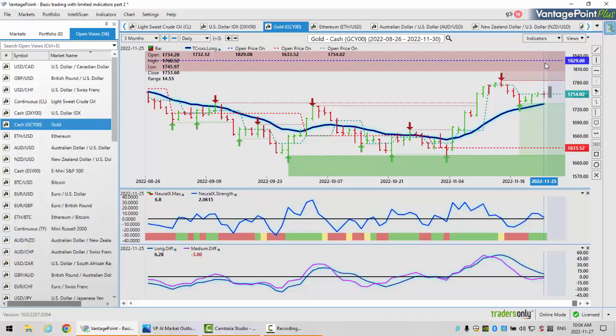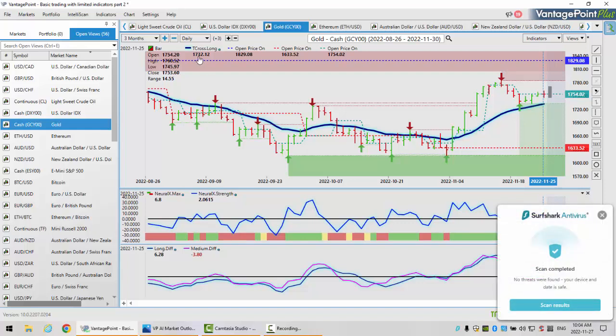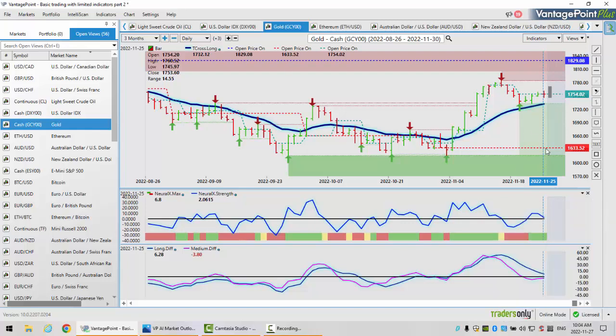Now, with a lot of the things going on in China, possible recession, that could fuel gold buyers here. And the key thing is to know the levels. So the Vantage Point T-Cross Long is 1732, but we remain above the monthly opening price. But you can see this previous week we've struggled with the weekly opening price. The weekly opening price coming into next week is probably going to be around 1753.